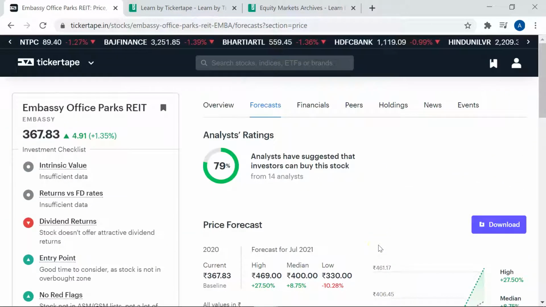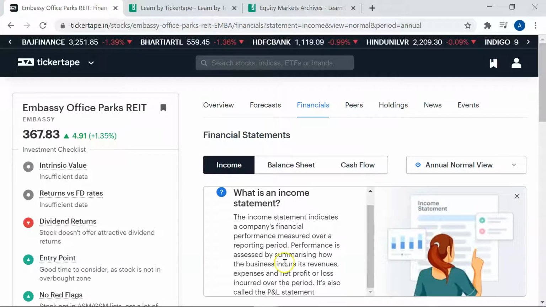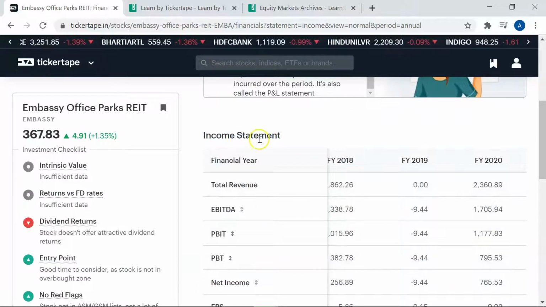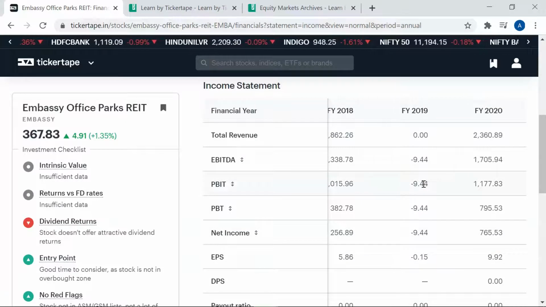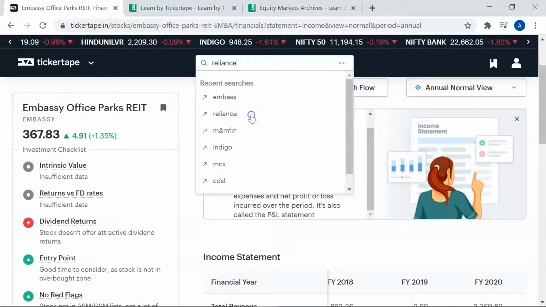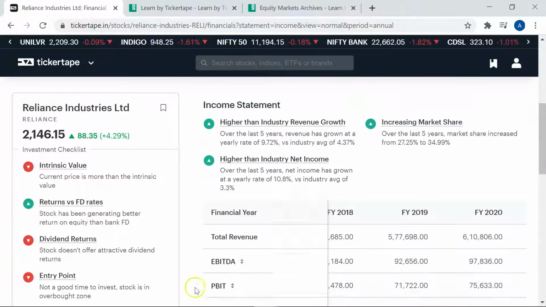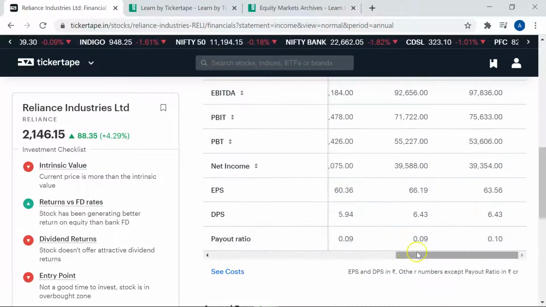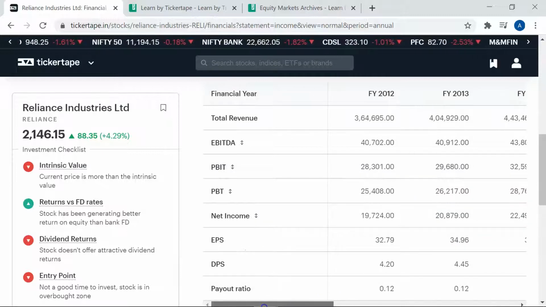So I think the pro membership is not really useful, but as you can see the other tabs, for example financials, you can get their income statement. You can compare their income statements over the last 3 financial years. So I think it is a very good one. You can see by how much their net income has increased. For example, we will see the Reliance Industries financials income statement. As you can see here, we can check for different financial years at one place.